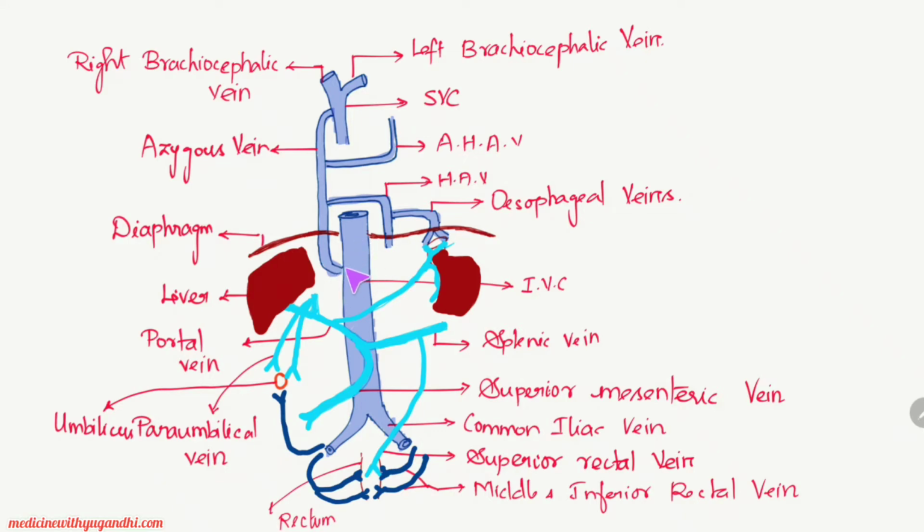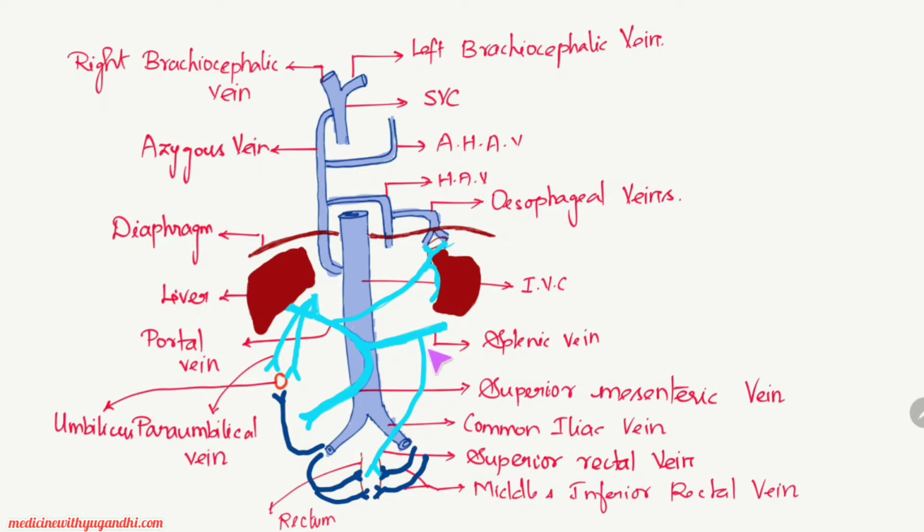So here you could see the connection between the inferior vena cava and the azygous vein. Then coming down, you could notice 2 branches here. They are the common iliac veins. This common iliac vein in turn will divide into the external and internal iliac veins, which is not shown here. Then coming back, this structure is the portal vein. And here you could notice the para-umbilical veins and this is the umbilicus. Then coming down here, you can notice the middle and inferior rectal veins. And this structure which drains into the splenic vein is called the superior rectal vein.